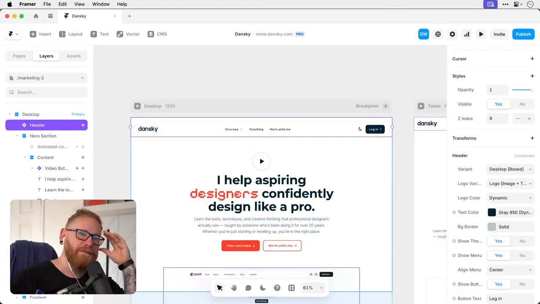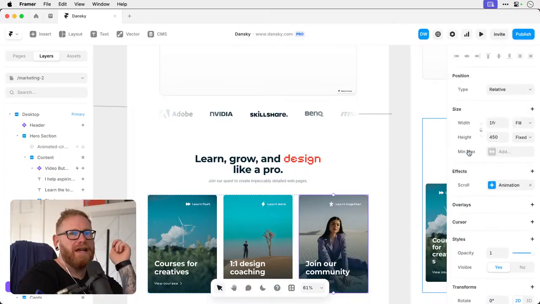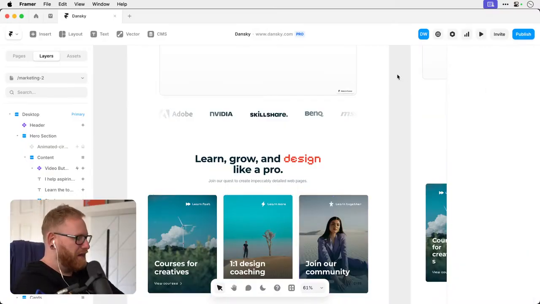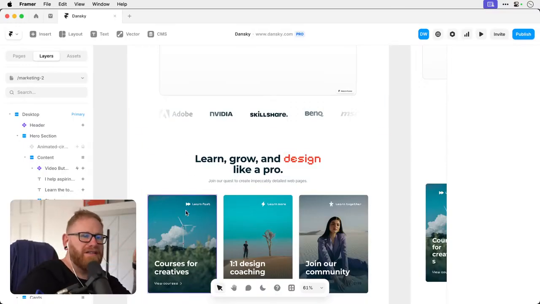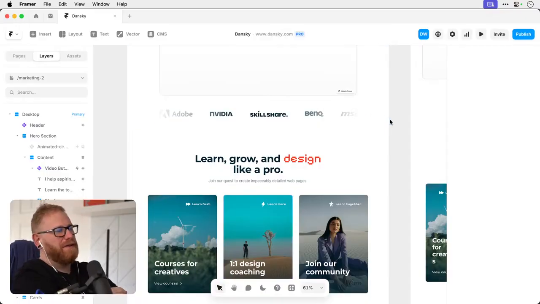So yeah, the fit and the fill does confuse the heck out of me a little bit as well. What I usually have to end up doing is I'll click on the thing and then I'll do fit, no, fill, no, fixed, and I do have to fiddle around. That's probably the only real thing that I get a bit stumped on sometimes, especially when something's a pre-built thing. Someone else has built the template in a way that they understand. But usually just flicking between fit, fill, and fixed and changing the values is not too bad.